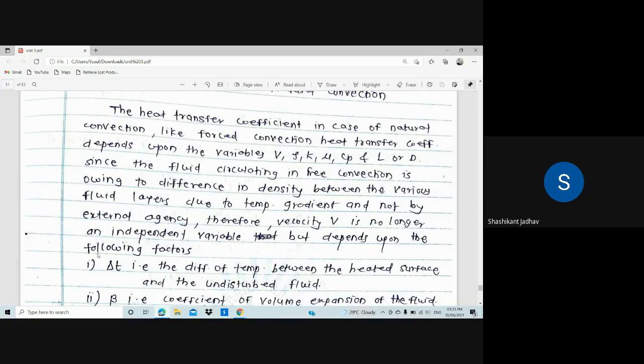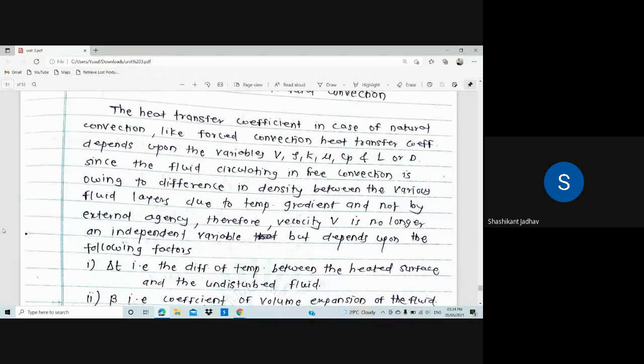As we know, in natural convection, the motion is because of the density difference, and in forced convection we are using an external device. Okay. Density between the various fluid layers due to temperature gradient and not by external agency. Therefore,